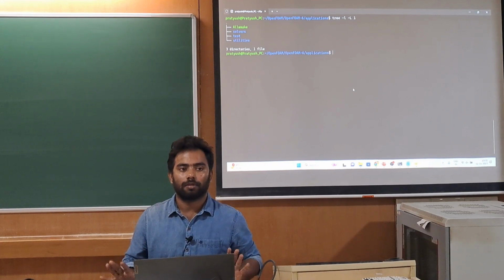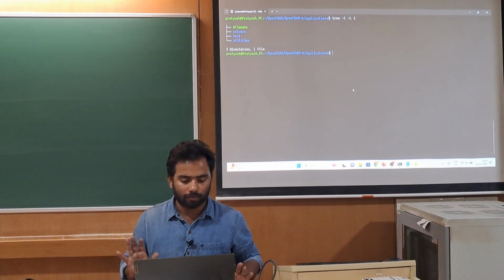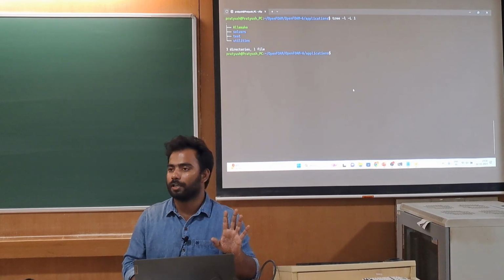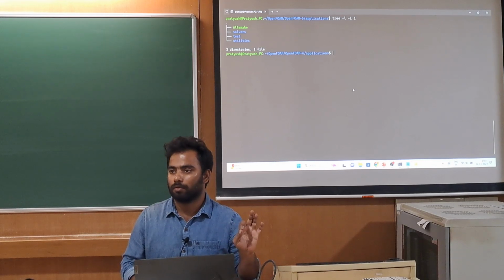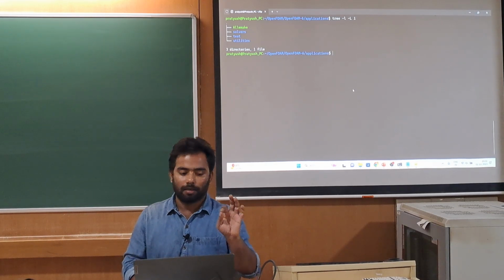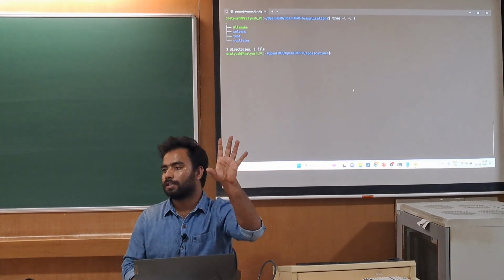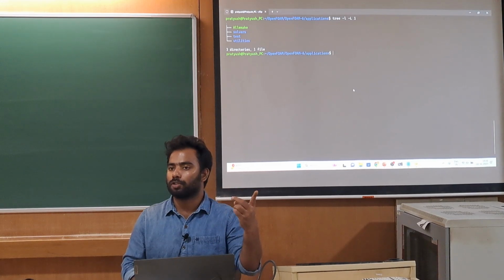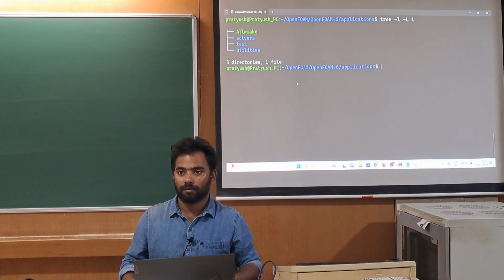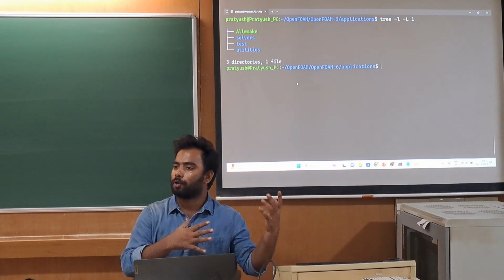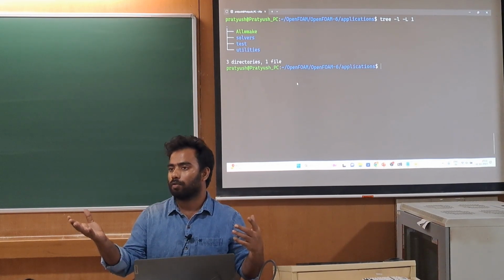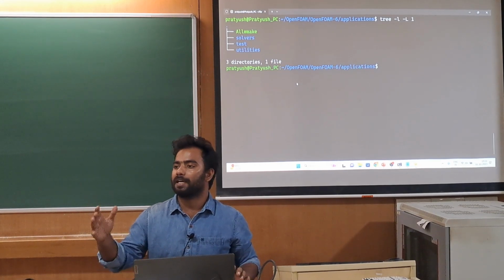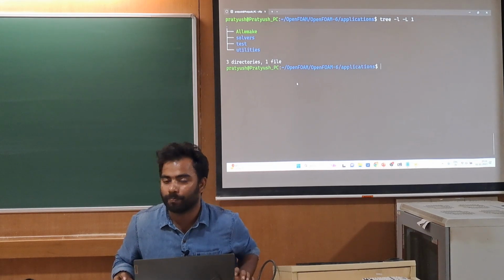Okay, so is everyone comfortable till now? Three directories are there: solvers, test, and utilities. Solvers is all about the solvers. Test means if you want to run the different OpenFOAM classes, then you should go to the test folder. Utilities may be for pre-processing and for post-processing, so different kinds of utilities. blockMesh is one kind of utility, checkMesh, and snappyHexMesh is also a kind of utility.